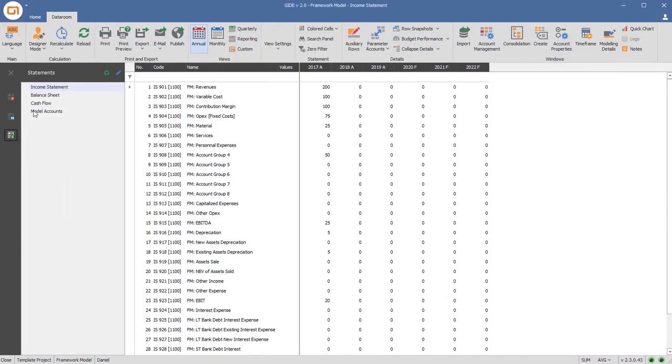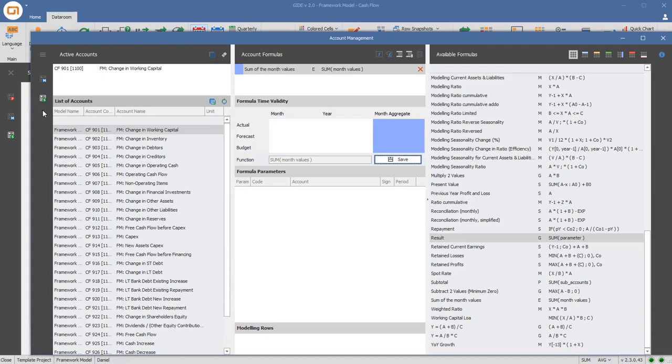Let's go to Statements section and select Cash Flow Statement. Our cash flows will be created based on an indirect method, which means we will calculate a change in balance sheet accounts between two periods, complemented with income statement and some other auxiliary accounts. Before that, let's identify and set result accounts. The first one is change in working capital. Double-click and find Result,